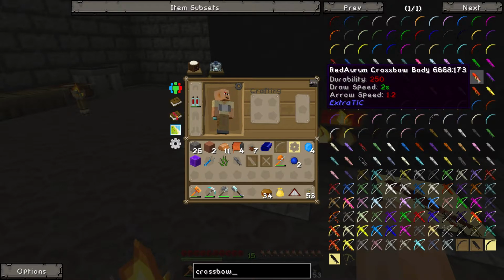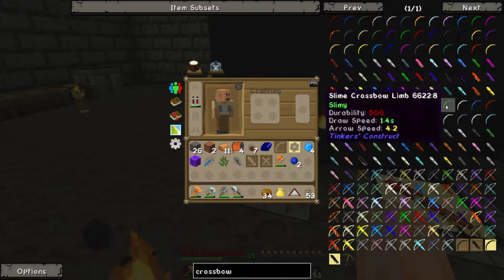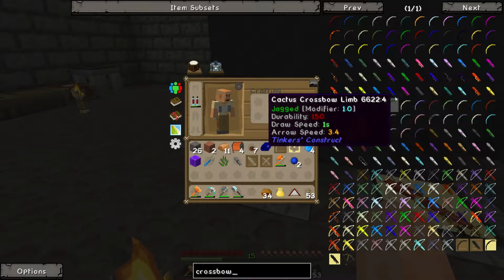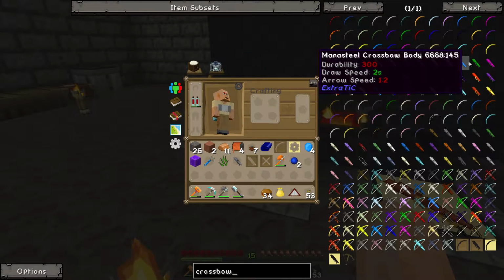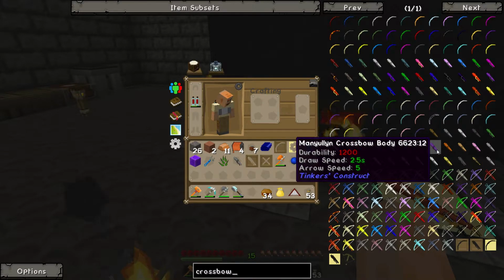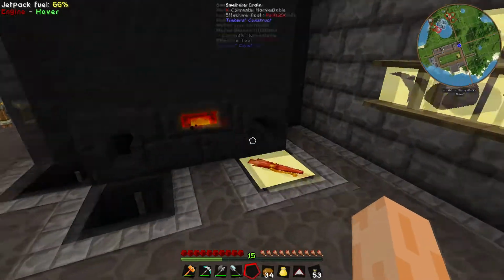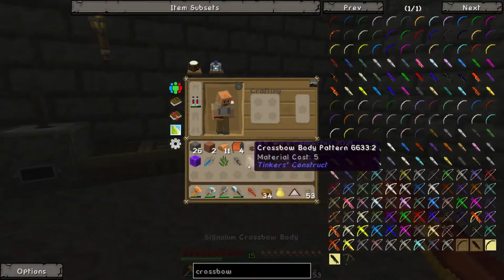We're making signalum, so it's got a durability of 1800, a pretty low draw speed, and an arrow speed of 7. We're looking at manyullyn as well, whatever that is. Why can I never find it? It's purple, for God's sake. There it is. So that is durability 1200. So yeah, signalum is probably slightly better. I mean, manyullyn's got a better durability, but this thing has definitely got a very good...